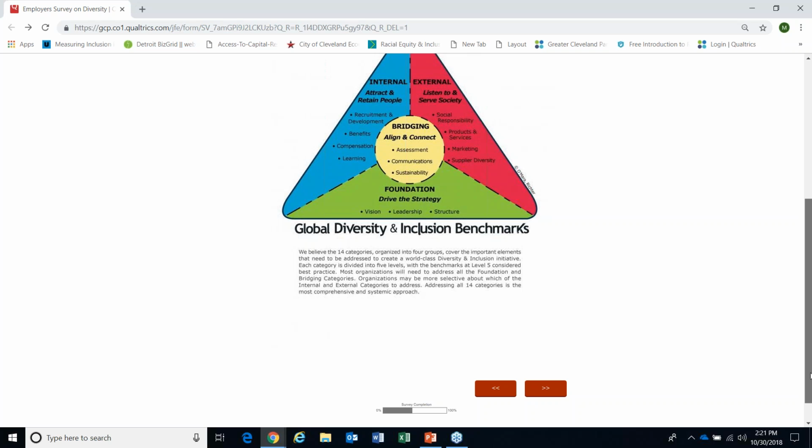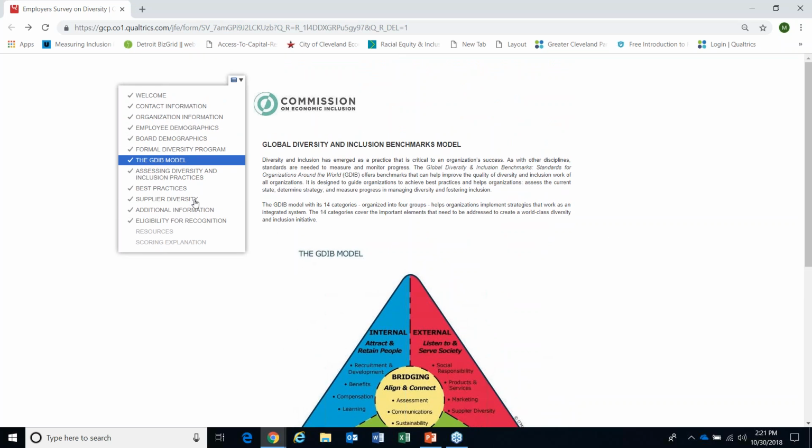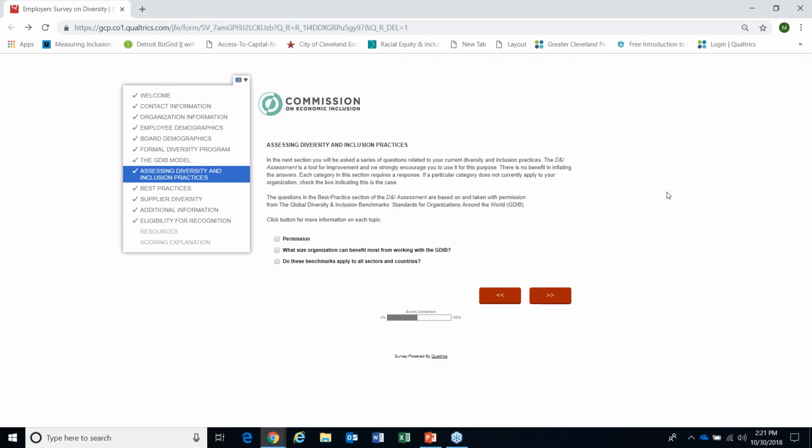This is just an informational page. I'm going to go ahead and move forward. The next section gets you ready for the best practices. So it says, this is a tool for improvement. We strongly encourage you to use it for this purpose. So truly there's no benefit to inflating your answers in the next section. It's really just a set of tools for you to use as you move forward in planning for your D&I